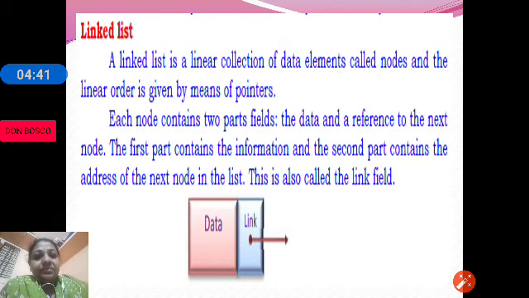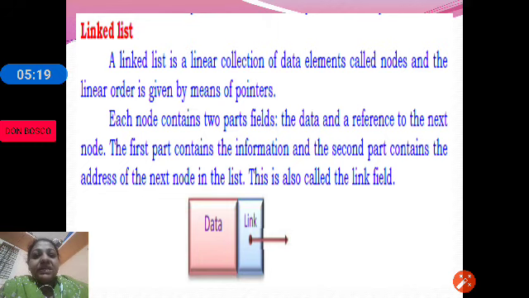Linked list is also a part of linear data structures. As we studied earlier, there are basically 2 types of data structures, primitive and non-primitive. Primitive includes the basic data types, that is int, float, char, etc. Non-primitive are the extended data types in data structures in which we have linear and non-linear. So stack, queues and linked list are a part of linear data structures.